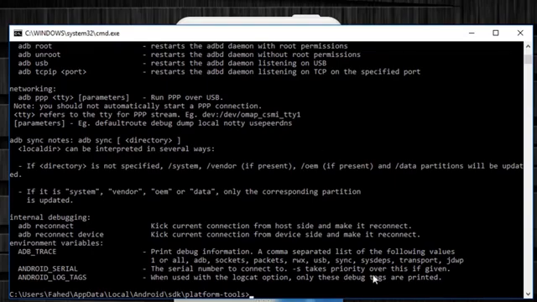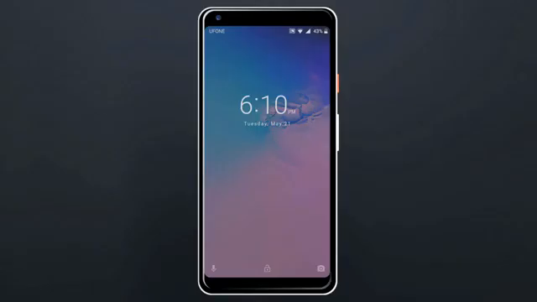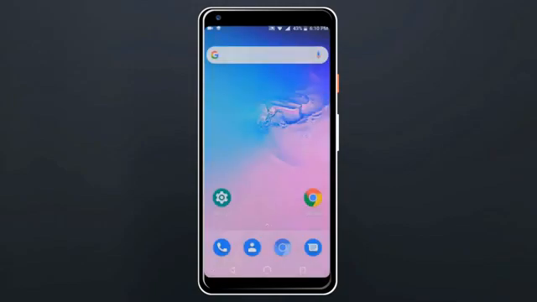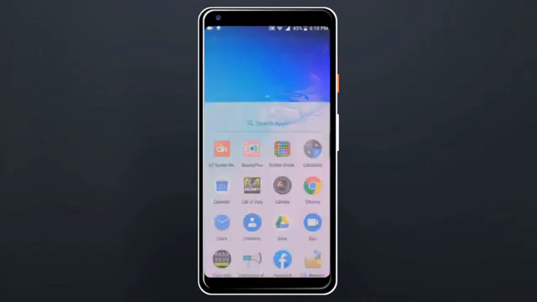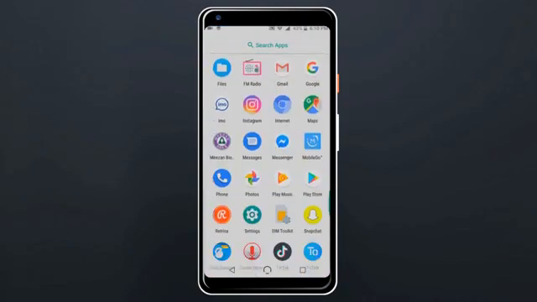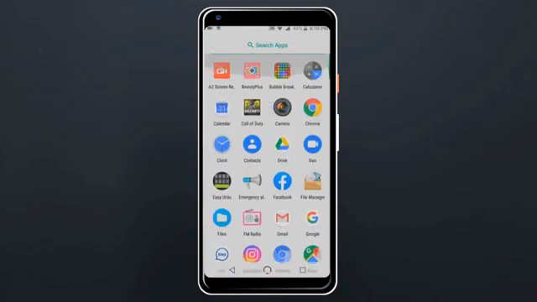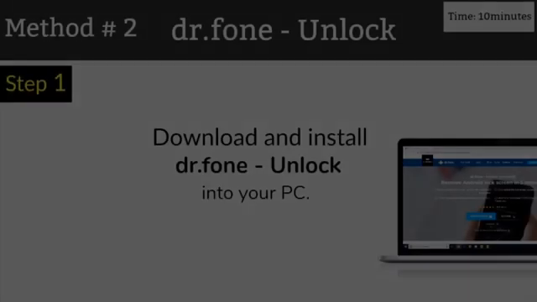Once you're done, you have to reboot your Android phone. Now it's all done. USB debugging should be enabled before the lock and it is a must. But if it is not enabled, then you follow the second method.